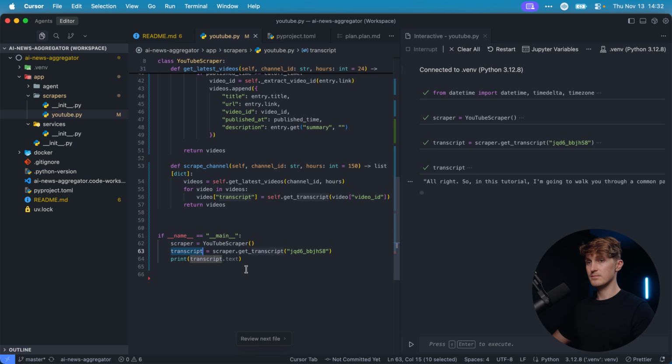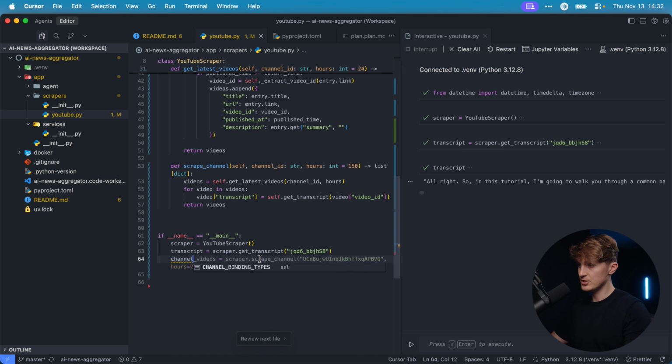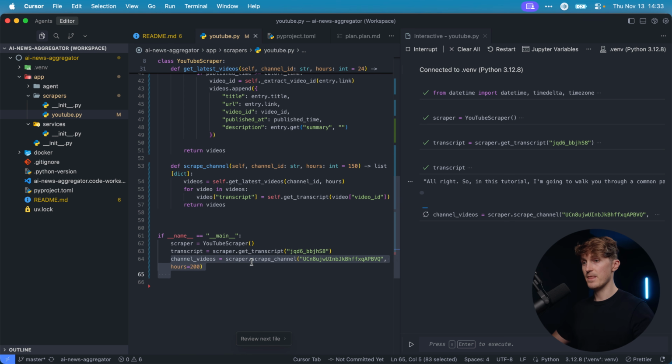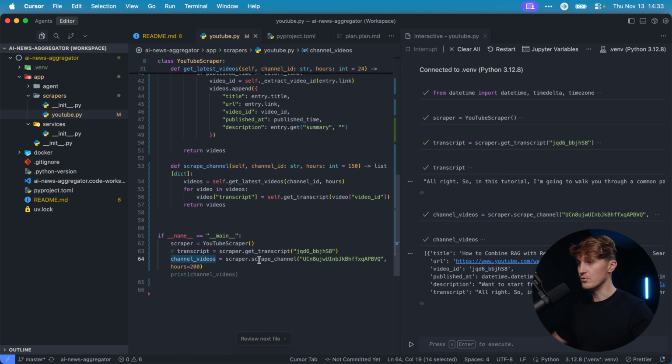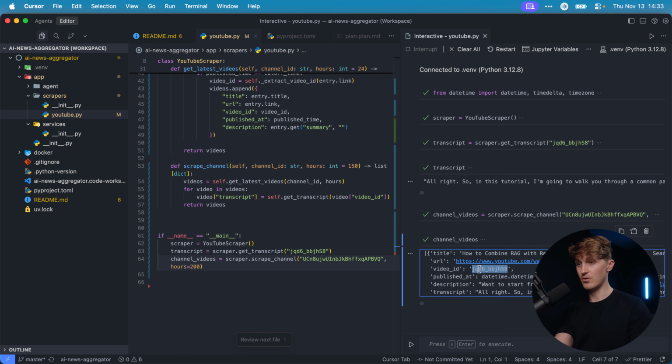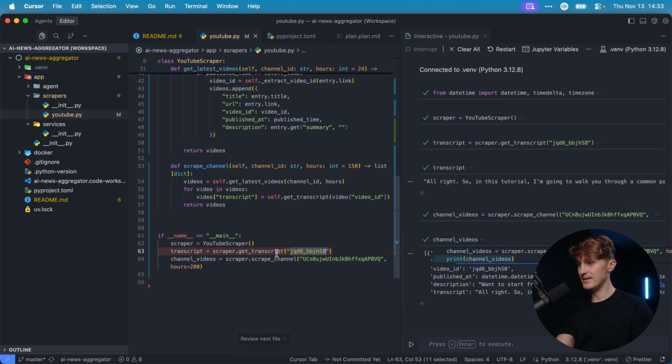So now this should get us the transcript. And what's in here? Yeah, okay, perfect. And then what else do we need? We need the channel videos. That should also still work. So let's see if that still works. Beautiful. Okay, now here we have two pieces of the puzzle, because now we can pretty much dump any channel in here, get the latest videos, then we can take the video ID,